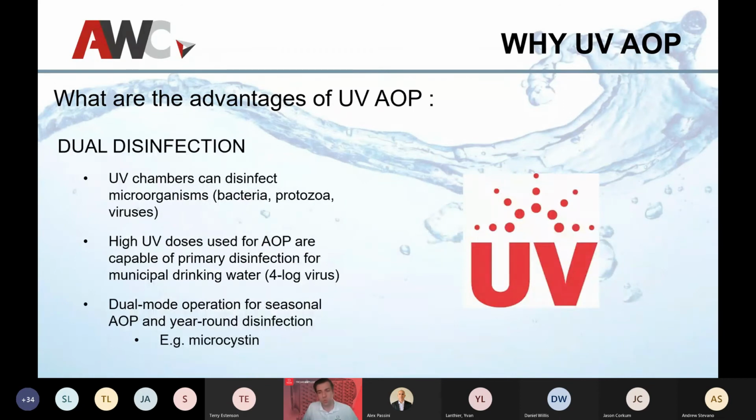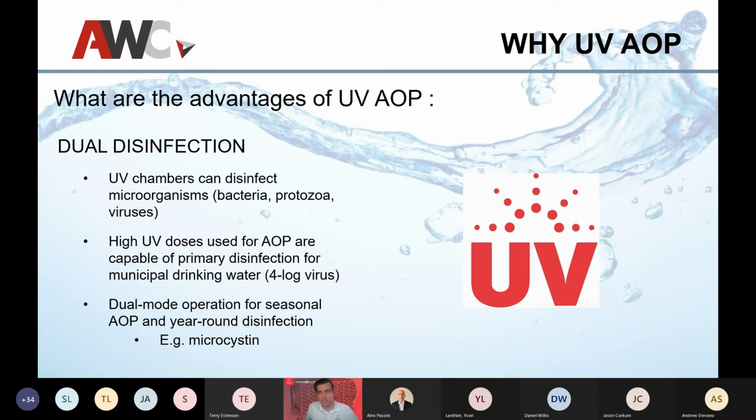In addition, since we are using UV chambers to generate these radicals and treat chemical contaminants, we can also simultaneously deliver chemical-free UV disinfection for bacteria, protozoa, or viruses. So if you have issues with contamination, but also are required to obtain a level of disinfection for whatever water you're treating, be it drinking water, wastewater, or industrial, UV can provide dual disinfection at the same time as UV